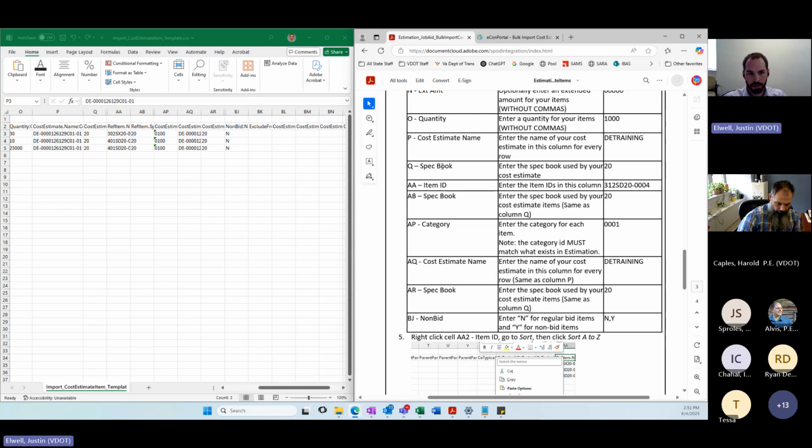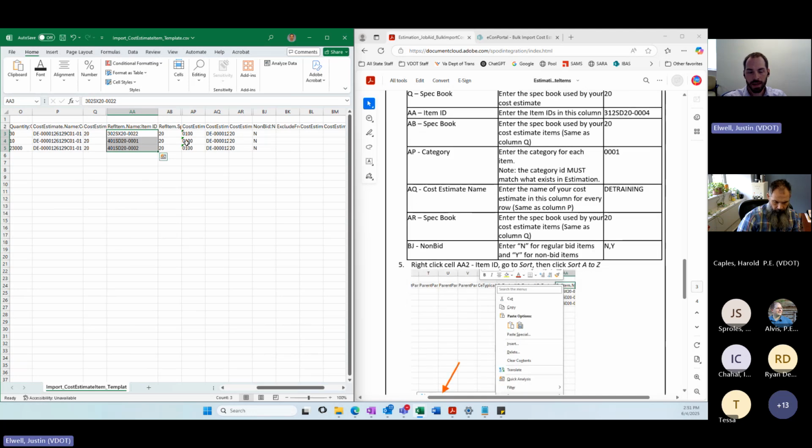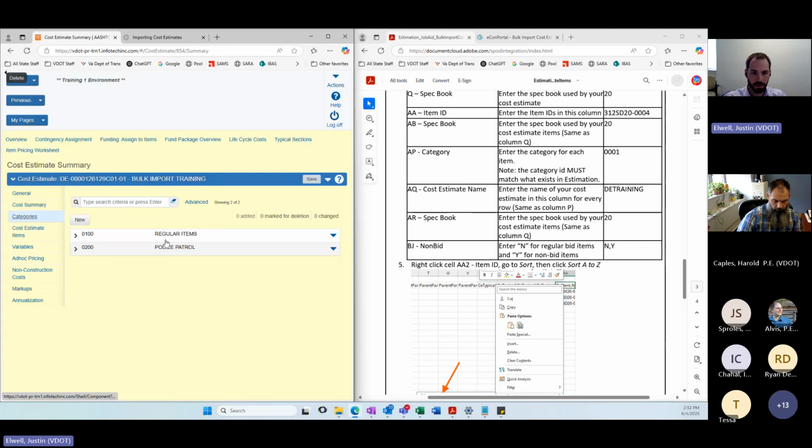We have our spec book in column Q, item ID, which is our items that we're referencing today. I have preloaded 3 of them. And then our categories right here. So we go spec book, standard right there, 20 categories, 0, 100. Once again, I have these categories preloaded into my cost estimate right there.